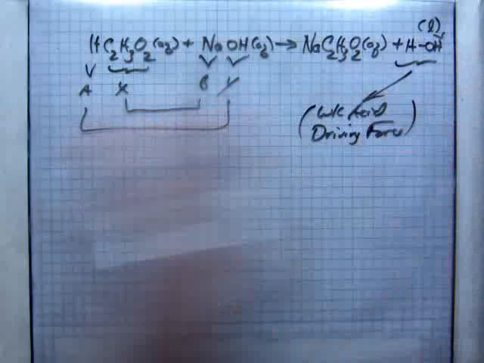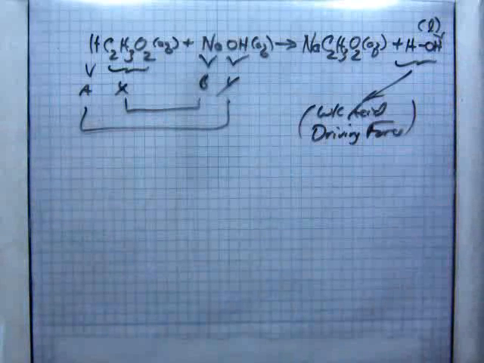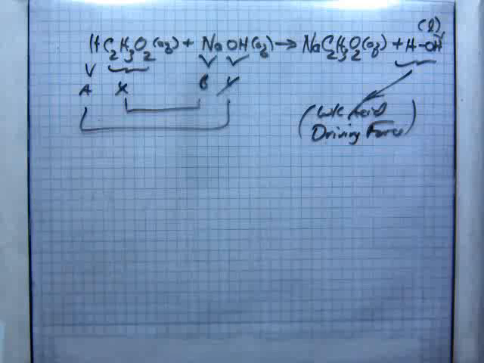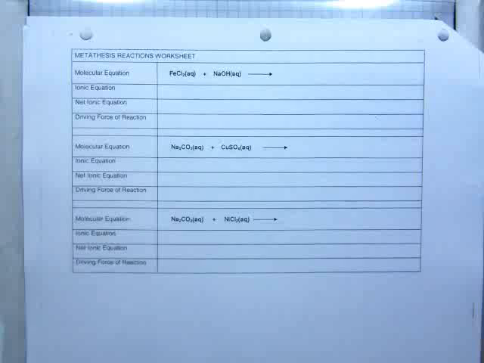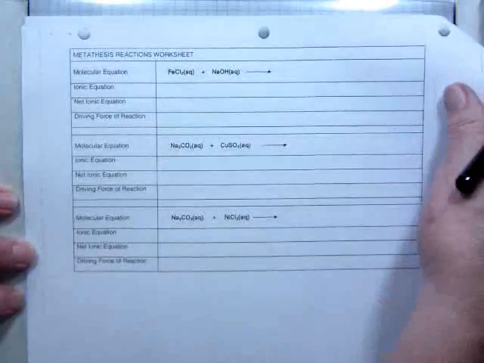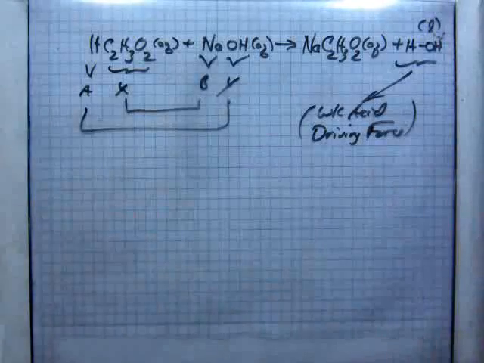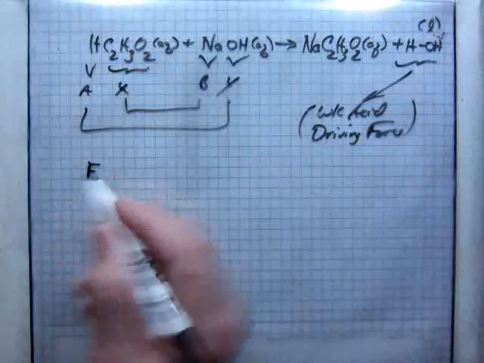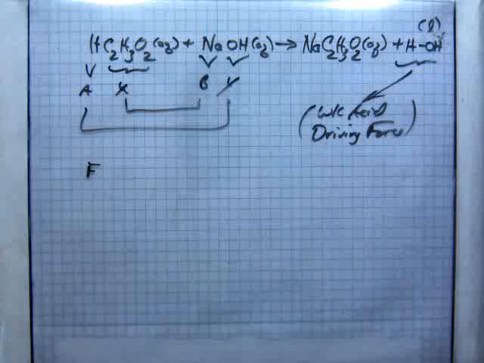Now, this idea of the metathesis acid-base reaction will be an extensively used type of reaction as we go forward, deep into the course's structure, because of their importance in what we're doing. It's next to the last page. So if you'll open that up or just follow me as you go along, I'll take this one right here, iron chloride and sodium hydroxide. We'll run through that one real quick and talk about some other kinds of reactions that come out of this,